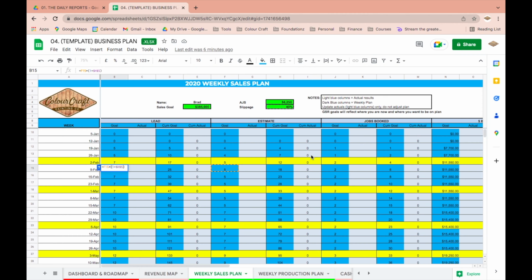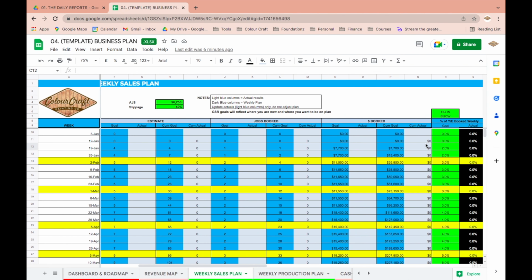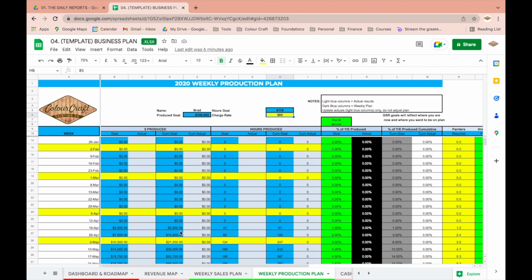So that is how we track our weekly results, right here in this little light gray tab. And that goes on week to week. So there'll be minor adjustments, but for the most part, this is all broken down for you. It's all automated and programmed into the algorithm here. And same goes for the production plan. We start production in April, and it breaks down our goal. So in April 19th here, you would see we're going to do 1% of our revenue produced, which would be $3,500 of produced revenue, basically 1 job.